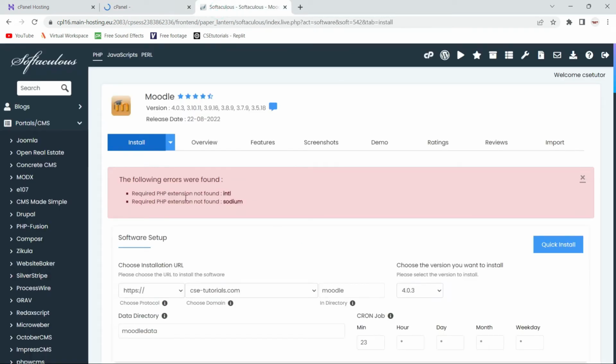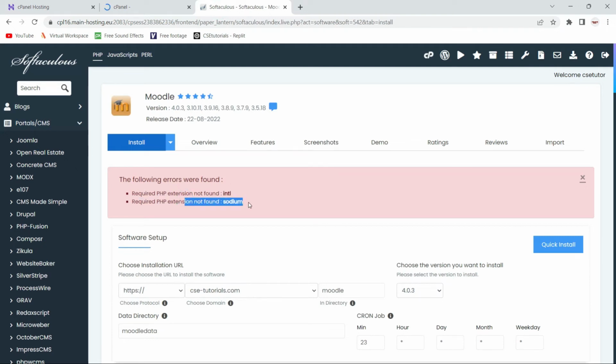In your case it might be any other, or you may face other errors, or you might not face any error. It depends on your system or your hosting settings or configurations.